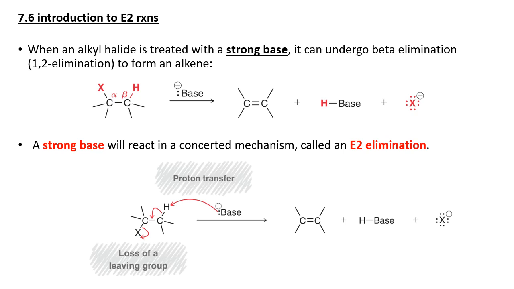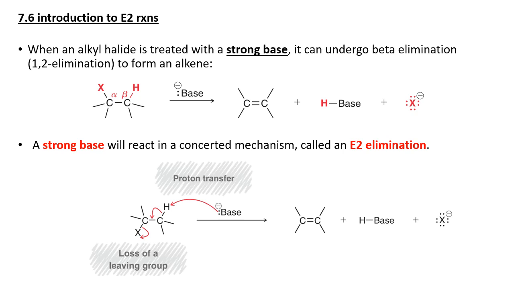Hello, everyone. This section of notes is going to cover chapter 7.6 to 7.8. In previous sections, we introduced substitution and elimination reactions and then focused on SN2 type reactions. Here, we're going to be focusing on E2 reactions, which are one of the two elimination reactions we're going to